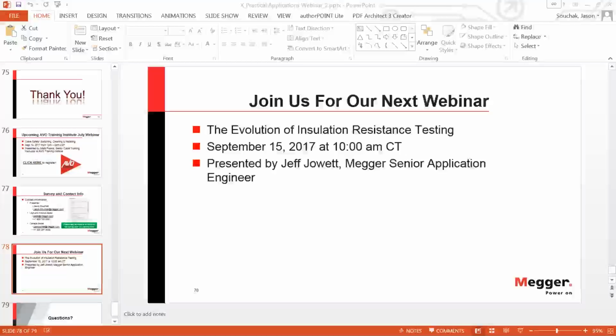And now we didn't show you the chart here why 60 minutes is important, but Jason alluded to it because there is a certain time it takes to convert the water tree to electrical tree, and then the electrical tree must have a certain amount of time to be able to grow to failure. And that's really why on service age cable, it's a good practice to test for 60 minutes to make sure that basically everything that was converted to electrical tree has enough time